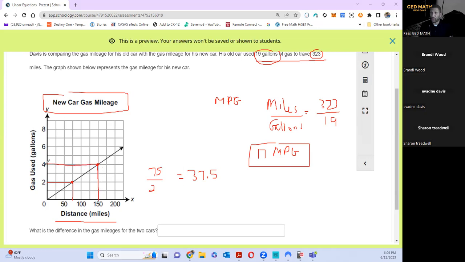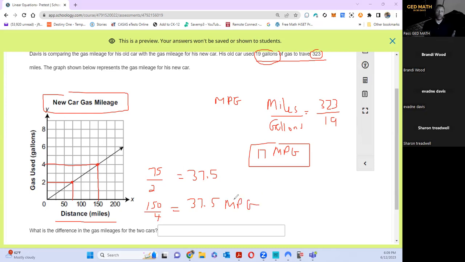150 miles over 4. Again, being able to understand what a point means on a line is very important. Because you understand that X and Y axis, 4 gallons is going to take me 150 miles. But here we want it the same way, miles per gallon. So we want our miles up top. 150 divided by 4, and we still get the same 37.5